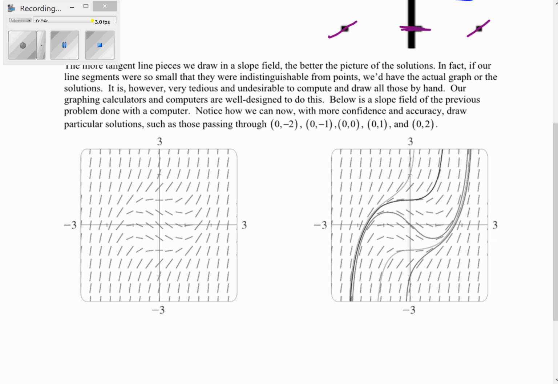Here's a bigger graph, from negative 3 to 3, with lots of little slope curves. But see how in the middle it's kind of all different? That's because of the changes in the different solution curves. So this would be one example, passing through those points. This would be another example of a function that could be a solution to this problem. And yet another one. So they all have this general pattern, but they can vary very much depending on what specific points they're passing